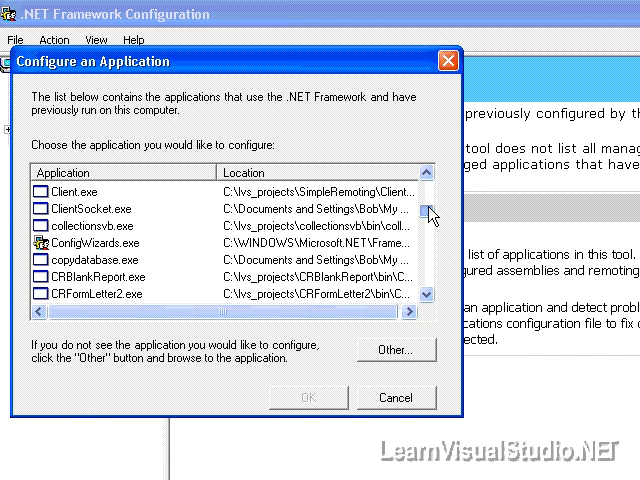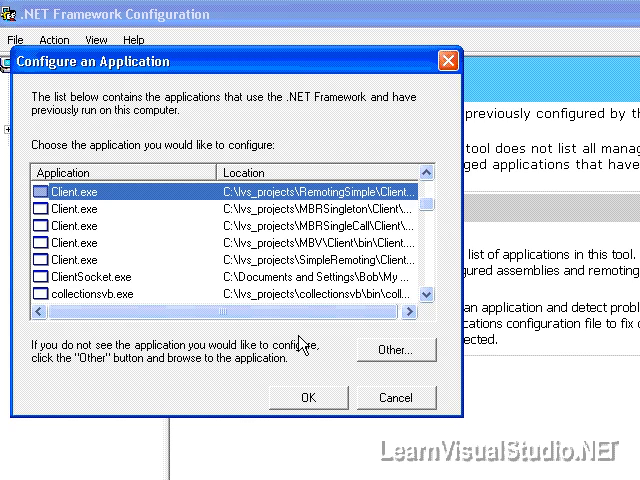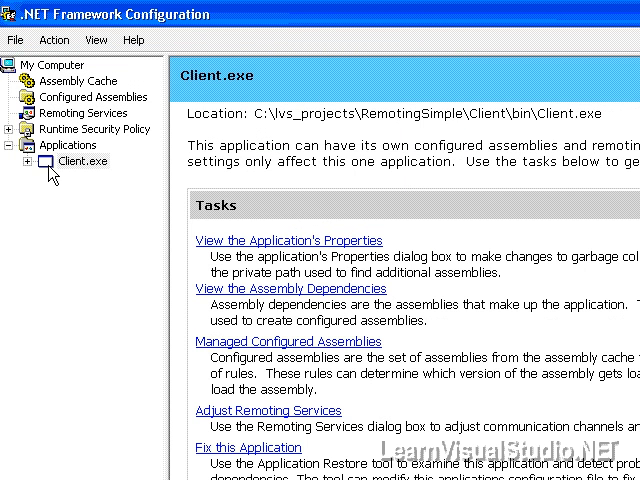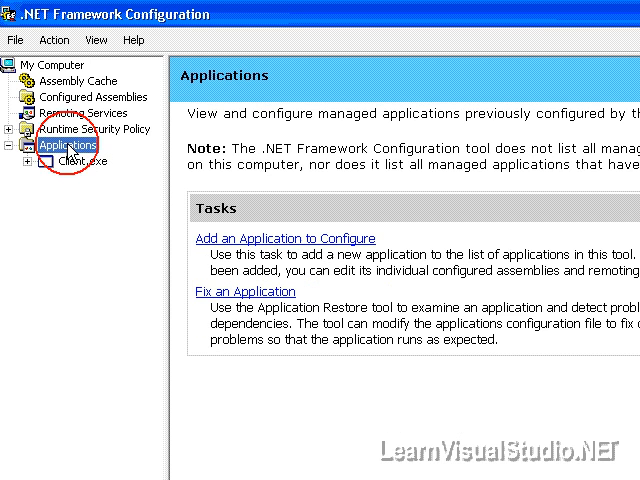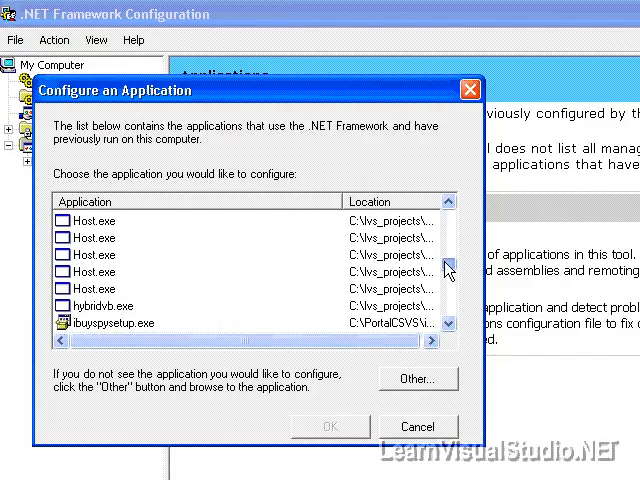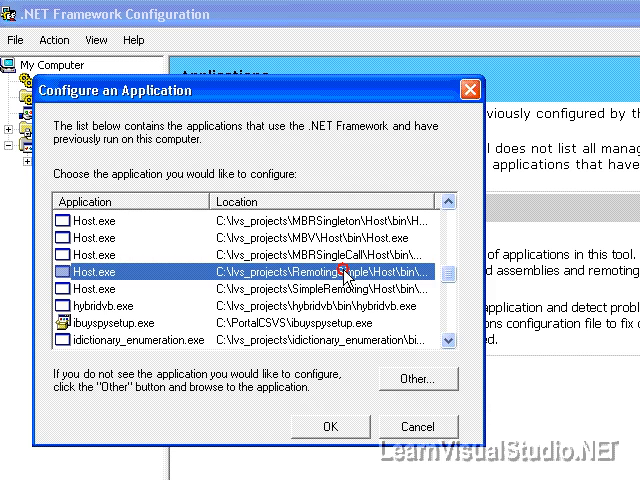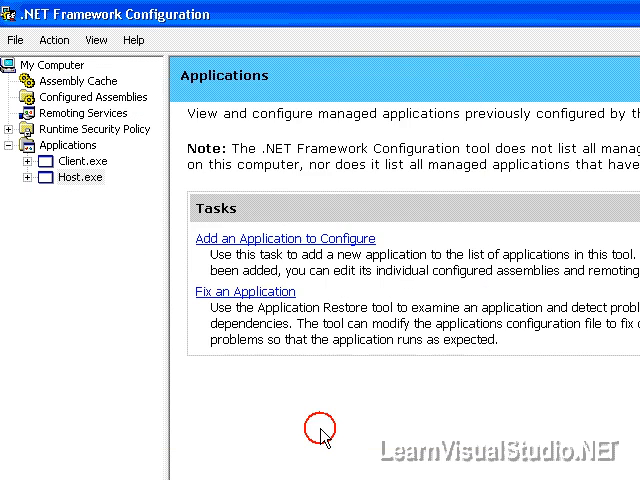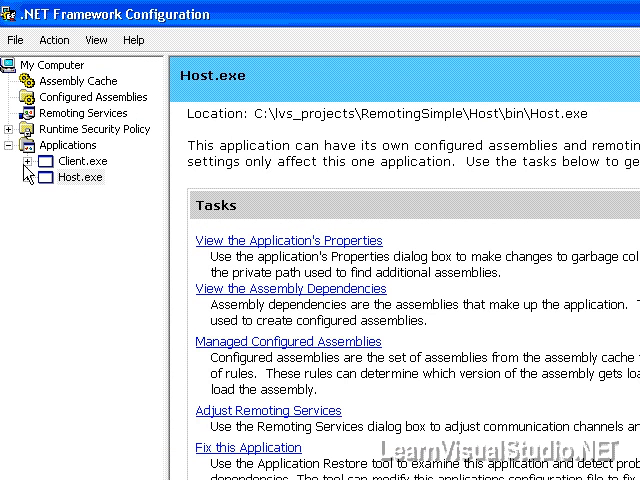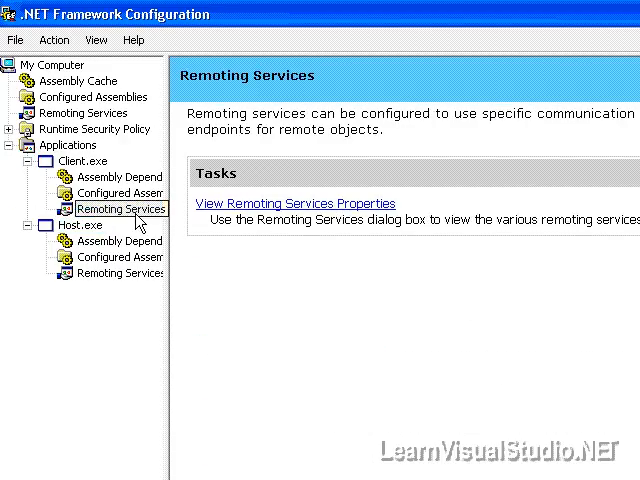So the first thing that we'll do is add the client. I've got several different clients, so we're going to have to take a look at the location. This is the one that I need to add, so I'm going to add that here. Notice that that appears underneath of our applications node. Let me add one other one. The host.exe. Again, we'll have to pull this over. Remoting simple. Okay, now that we have those, we can expand these out, and we'll actually hit the remoting services on the